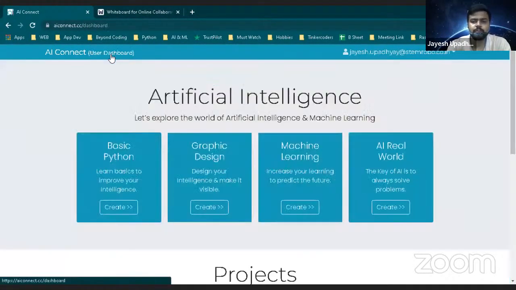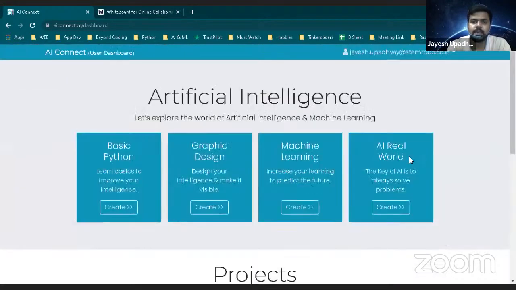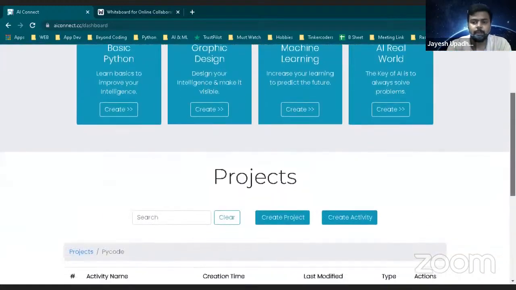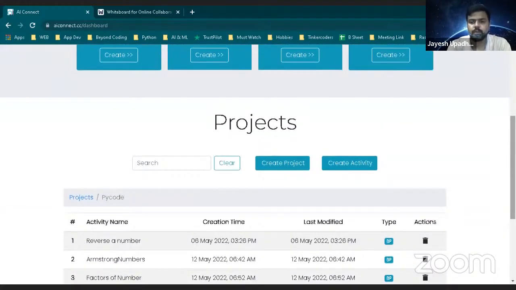So what is the first process? We already know this. If you are new over here, then do this much. You will click on this option, that is create project. Create project पे click करना है. यहाँ पे आपको अपनी AI Connect में जाना है, लॉग इन करना है अपनी AI Connect में, by writing your user name and password. तो from your portal, आप उसमें क्लिक करोगे, लिंक होगा AI Connect लिंक पे क्लिक करोगे, you will go to this website. वहां पे आपको यूजर नेम एंड पासवर्ड डालना है. After writing the user name and password, you will get this kind of thing. Okay, so you need to click on this option, that is create project.